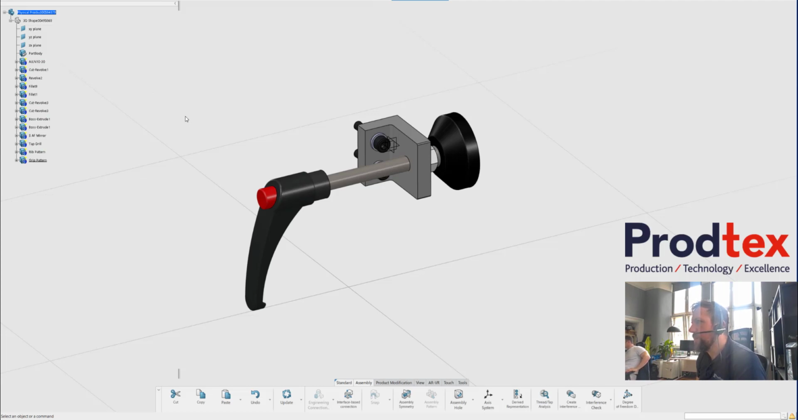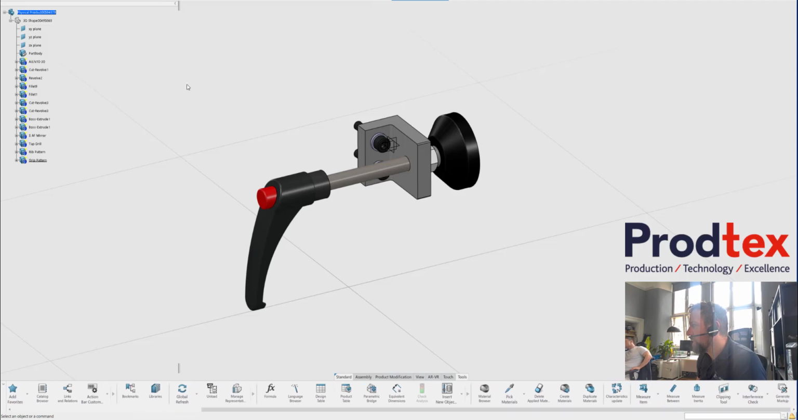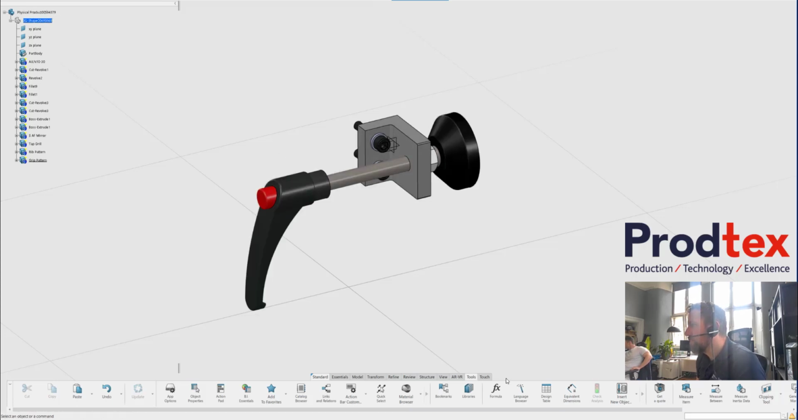Yes, there is. So you need to be in a physical product first. But you can't have a 3D shape on its own. It's got to be contained within a physical product for this to work. And then once you're in, go into tools. Oh, sorry, you need to be active at the 3D shape level. That's the first mistake. So if you're active at the 3D shape level, but it's in a physical product,